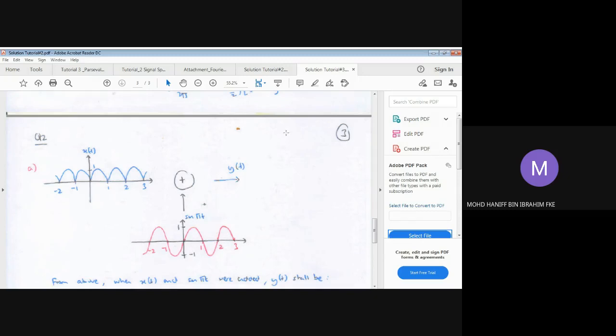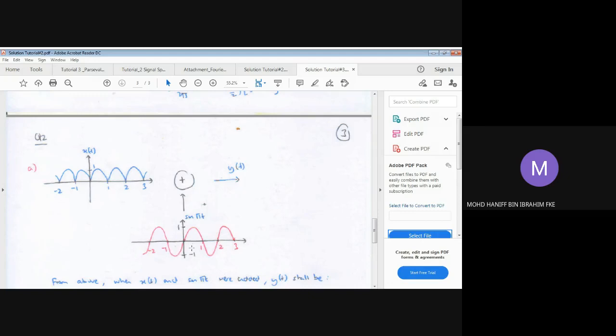This is the solution for question 2. We have the x(t) here, and this is your sine pi t, which is drawn in the red line here. So we add them together. If we compare, the x(t) has a period of 1, so 1, 2, 3, but the sine pi t has a period of 2. Based on what we have done in chapter 1 on signal operations, we can see that